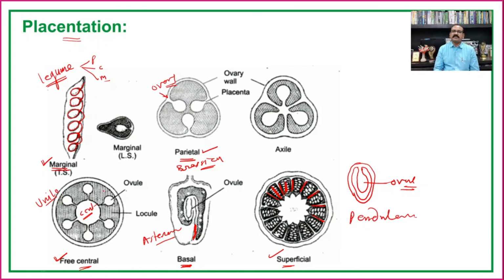So in this way, today we have finished the different characters of the flower, which are very important in the description of any plant. The different topics covered in this lecture are also important from the exam point of view for UG and PG students of plant sciences. I am very confident this lecture will be very helpful to you all in your studies.